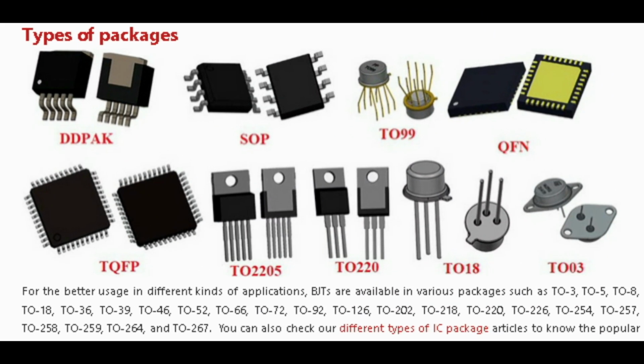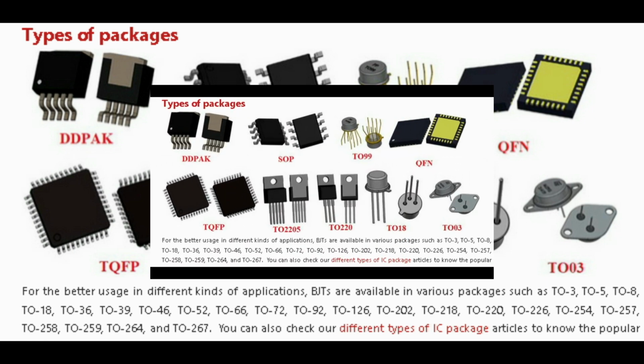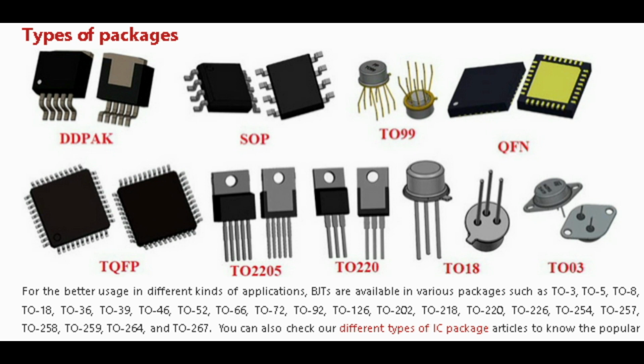Application of bipolar junction transistors, BJT. BJT can be used in various kinds of applications such as logic circuits, amplification circuits, oscillation circuits, multivibrator circuits, clipping circuits, timer circuits, time delay circuits, switching circuits, etc. For better usage in different kinds of applications, BJTs are available in various packages such as